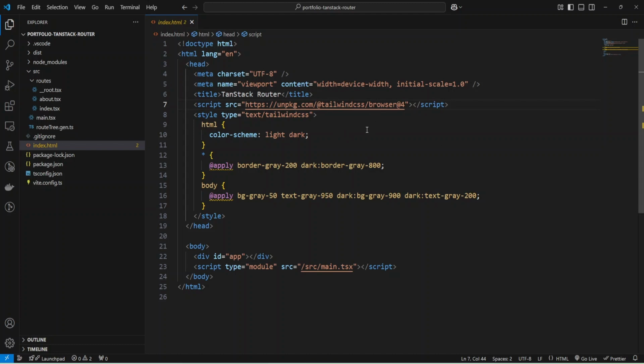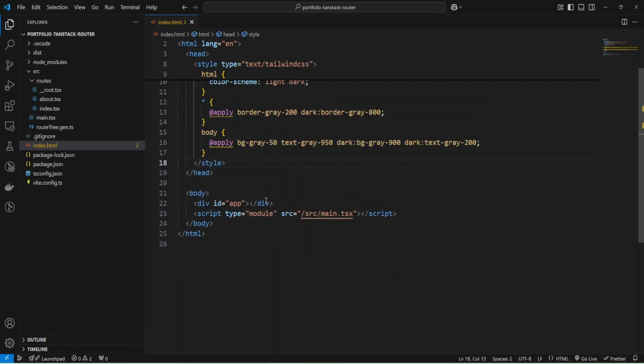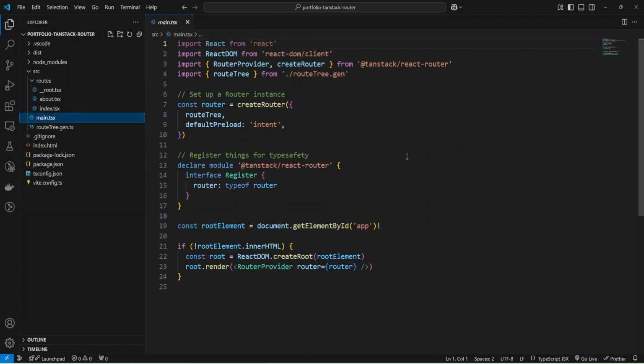They are using Tailwind CSS and added some initial styles, and also they have a div with ID app, and also a script main TypeScript. And let's check what we have inside main. Inside main we have a router that was created with the createRouter function from TanStack React Router.